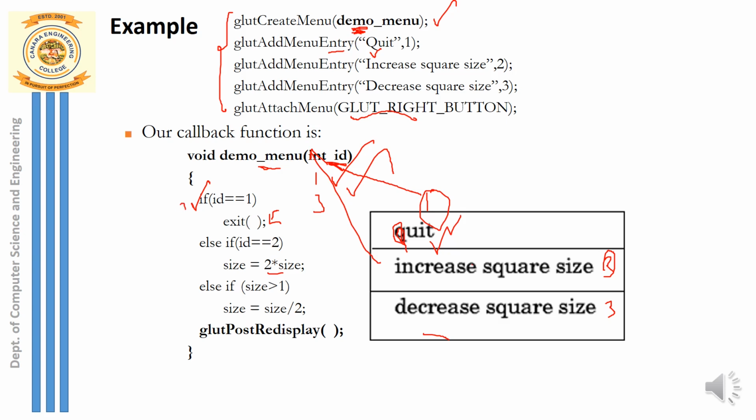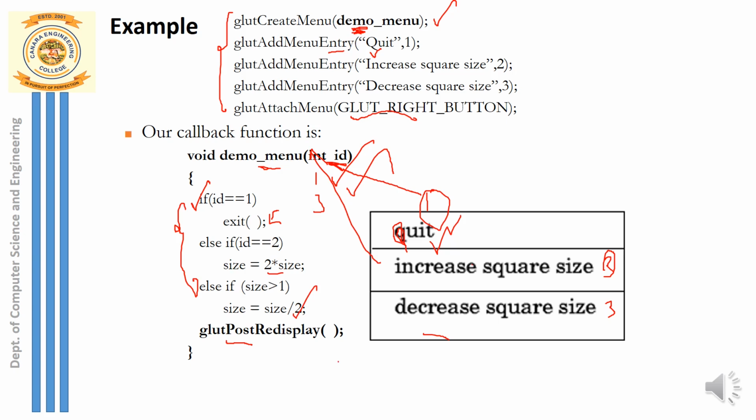Remember, after doing all these, you have to redisplay the graphics. You have to specify the function glutPostRedisplay. Why? Because you need to observe the changes. If I click on increase square size, the moment you call redisplay, your graphics are redisplayed on the screen with the increased size. Now the moment I click on decrease square size, what is going to happen? Here I have set the parameter, but this is not yet applied to your graphics that are displayed.